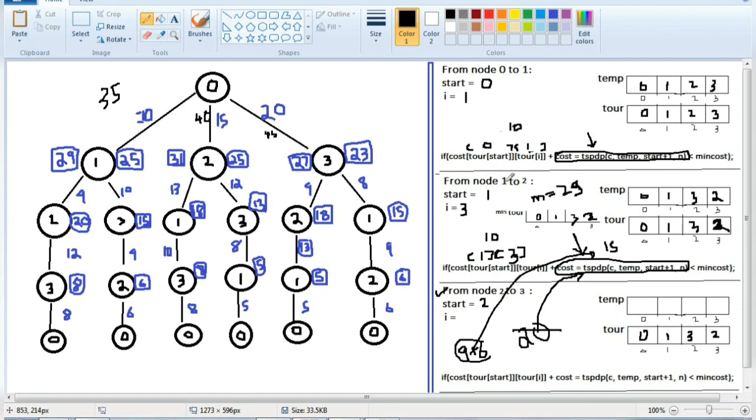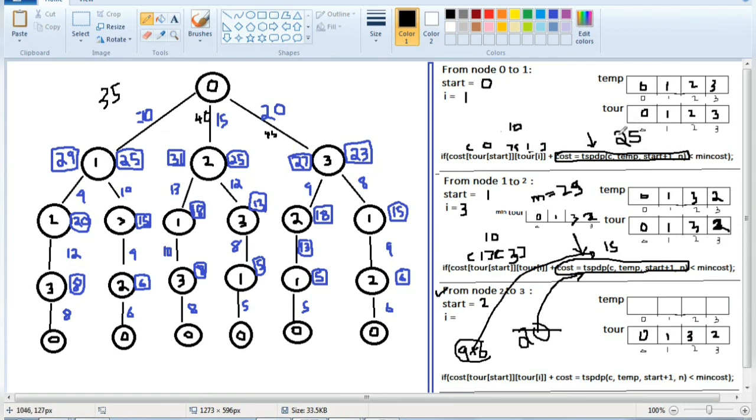Okay, when we return those values, where did we call this function from? Node 1 to 2. Okay, means this function was called, we calculate the minimum value, which is 25. Now 25 will be returned to where we called this function from. Where did this function get called from? This one was called from this part. Okay, in this part 25 will be returned.